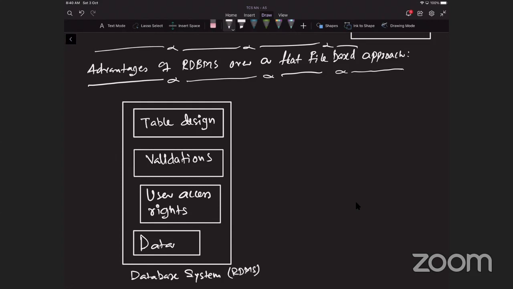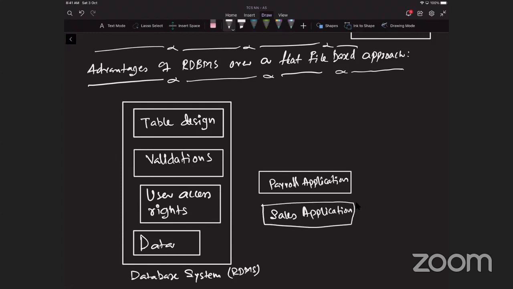Now, these two applications, the payroll application program and the sales application program, they both are now accessing the data from the database.